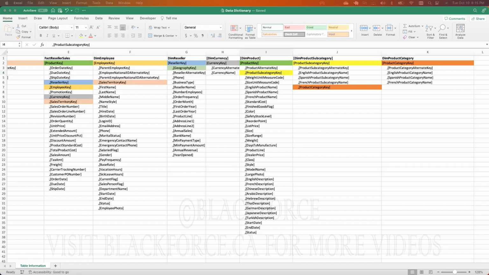So, the colors match in terms of product key or product subcategory key. Your product subcategory keys are like 1, 2, 3, to 37. Does anyone remember? So that would be dim product subcategory key, while for dim product,